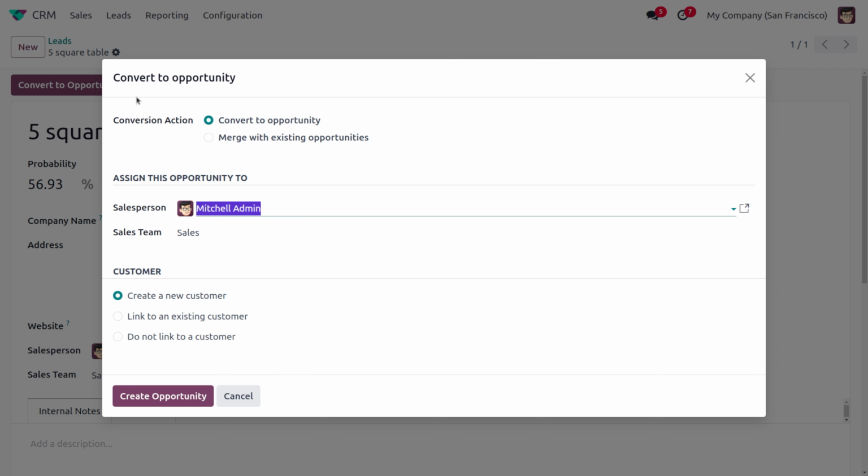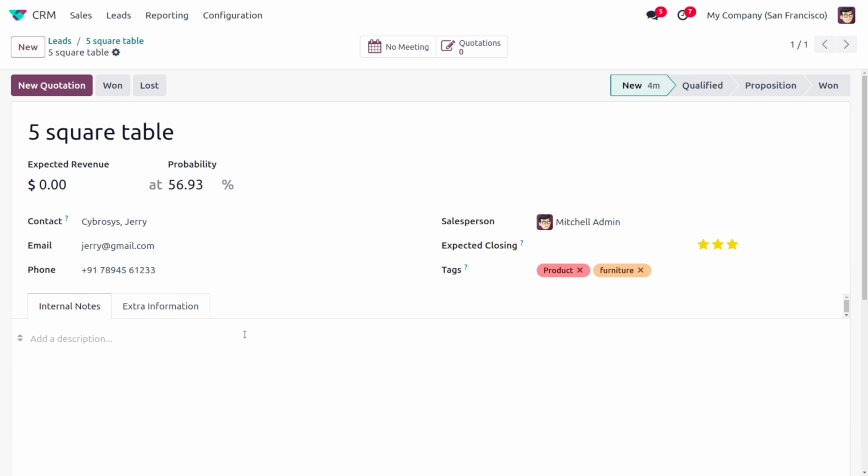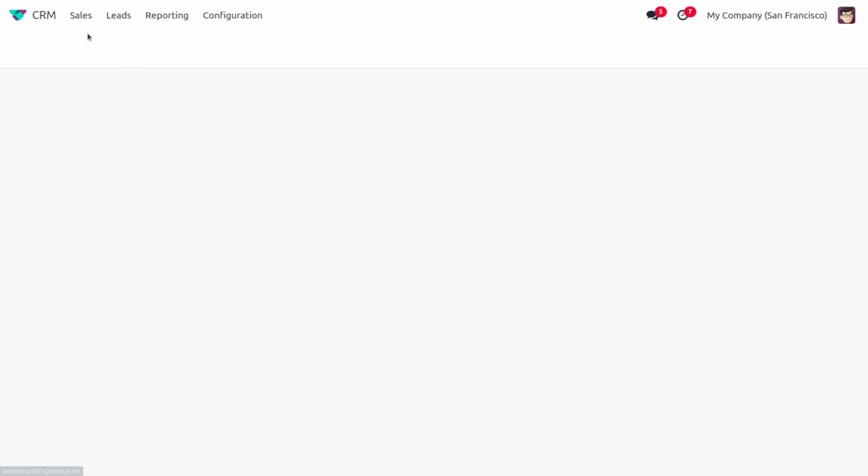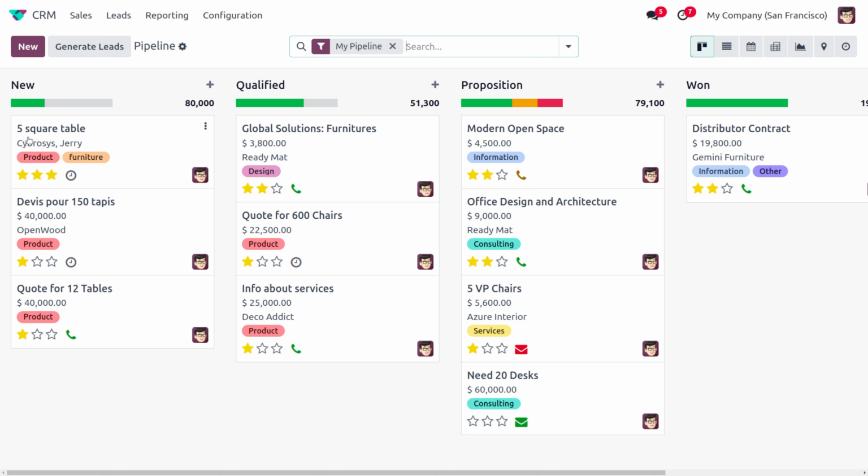By clicking on Convert to Opportunity, you can see that we can take an action to convert this into an opportunity. Currently we are simply converting this into a fresh opportunity. If we have a similar lead like this, we can merge it with the existing opportunity. In this case, we are just going to create a new customer and convert that into an opportunity. And you can see it's been qualified and moved. I mean, it's been set as an opportunity. Now, as you move to Sales under My Pipeline, you can see that it's converted into an opportunity, and the opportunity can be viewed from the first stage.